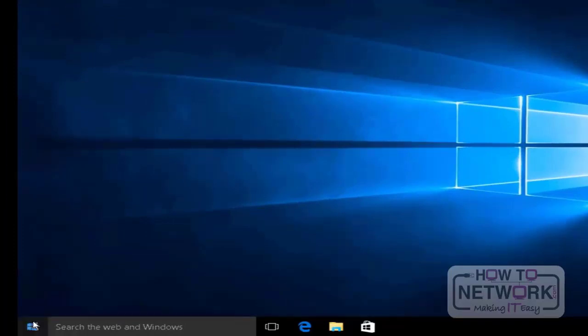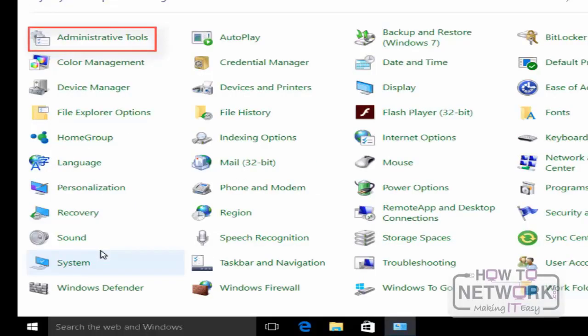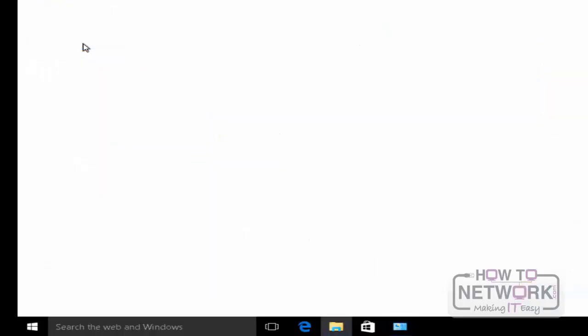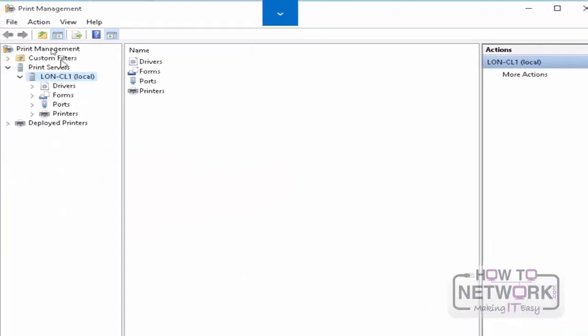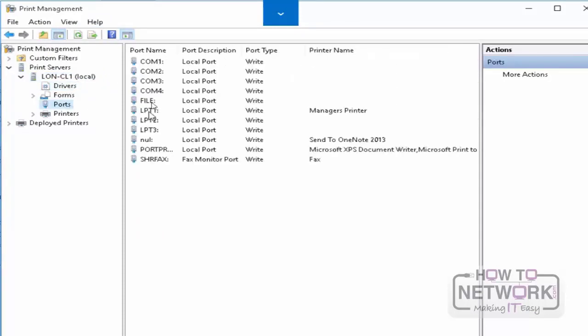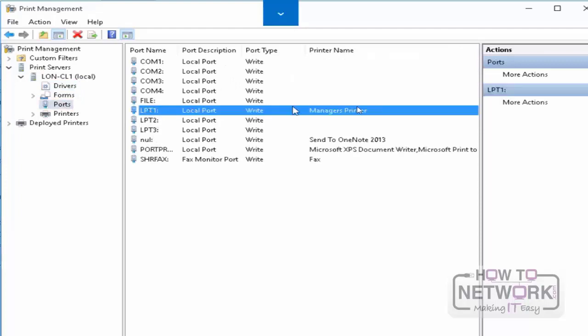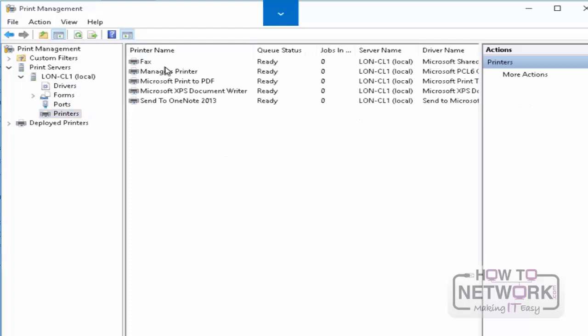You can manage your printer from Control Panel. Administrative tools, print management, and here you can manage the drivers, the ports, printers,